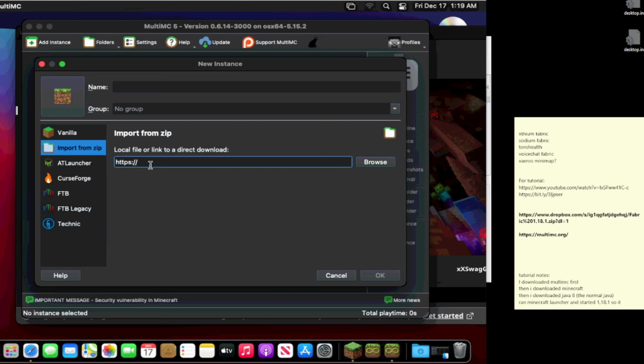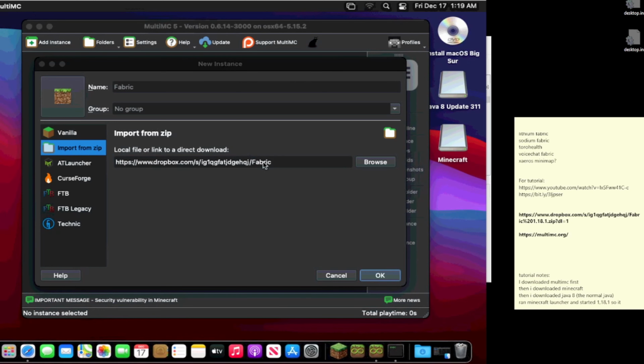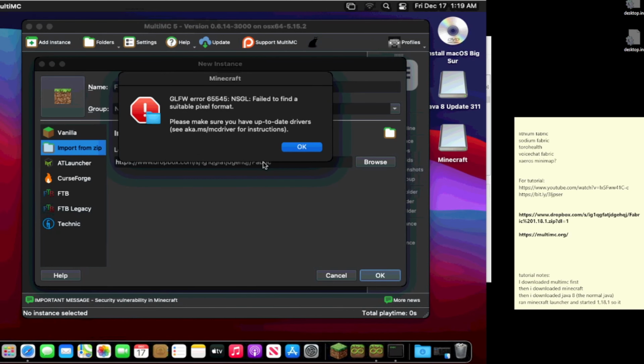HTTPS. Obviously, you can see the download link over here that I am using in my notepad, dropbox.com/s/ig1 QGFAT JDGEHQ J oh J /fabric